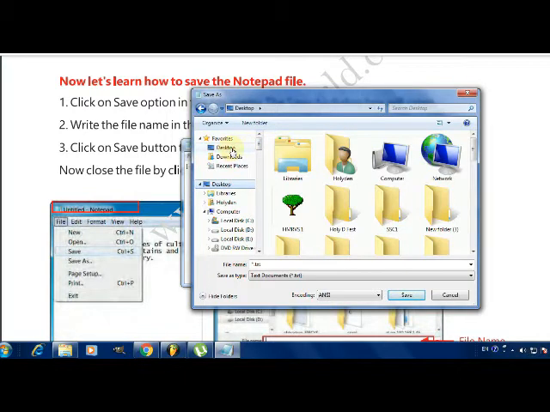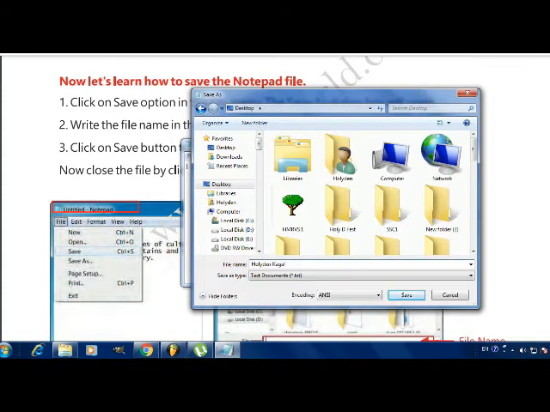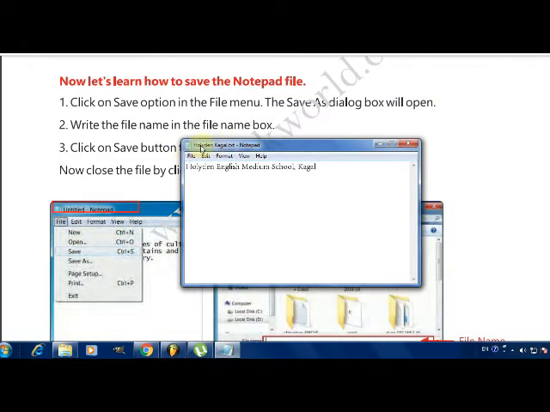Now we have to save it on the desktop. Desktop is selected. Enter the name for the file here. I want to save it with the name Holiday. Now the name has been entered. Already a file exists with this name, so I'll change it to another name, Holiday Kaggle. Now you have to click save. When you click save, it will save your file, and here you will see the name of the file that you entered, that is holidayandkaggle.txt. Holidayandkaggle is the name of that file, .txt is the extension, and notepad is the name of the application.